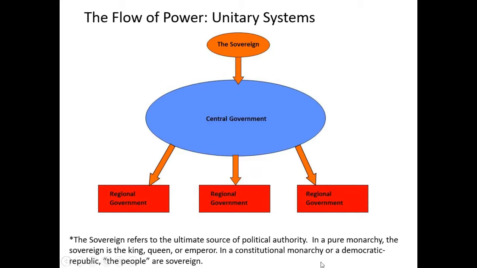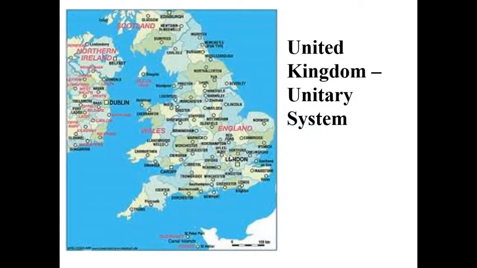So just put that part of it aside, okay, in favor of just understanding for now this relationship between the central government and the regional governments. Again, the basic idea is that power flows downward, that the regional governments have no real authority of their own, that they get whatever authority they have from the central government, and for the most part, they're acting as administrative subunits. Okay? So here are a few examples of countries around the world today that have unitary systems.